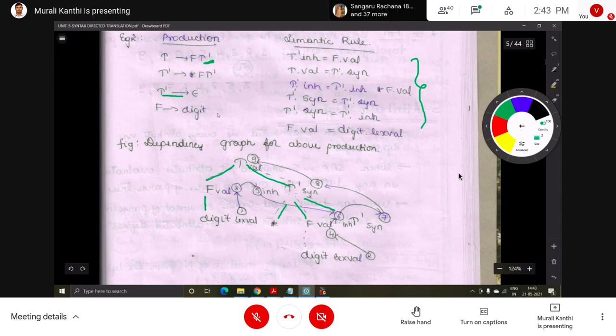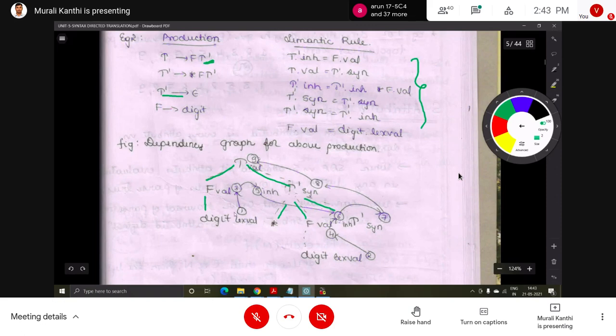Next, T' can be expanded by *F T'. Next to F, same thing, digit.lexval. Next, one more: T' has two productions. Here the T' production is this one, and one more there, that is epsilon. Epsilon we have to take.